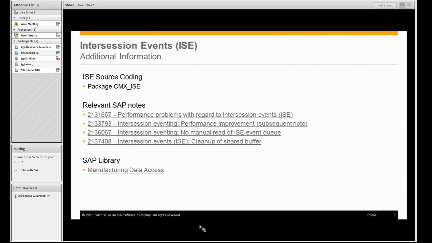No, the package, for example, the CNX. What is necessary is that your system has the software component EA-APPL. So it could be that you are on a SAP APPL system where you don't have browser-based PI sheets